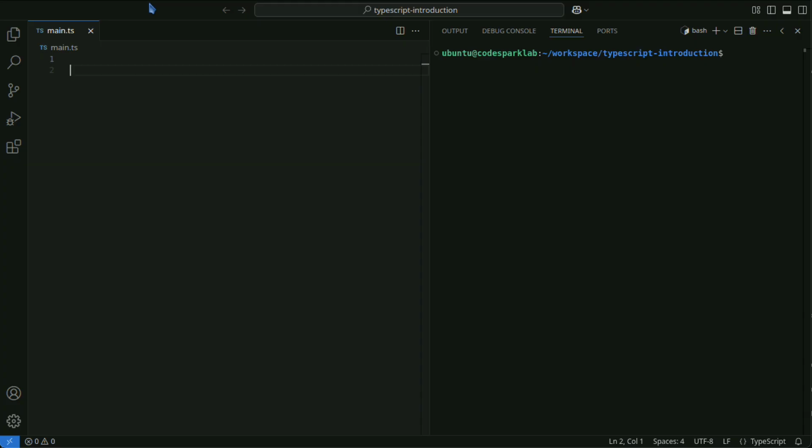Window is a global object in TypeScript and JavaScript representing the entire browser window. It includes many properties and methods to access browser APIs, manipulate the DOM, document object model, use timers, storage, and other features.